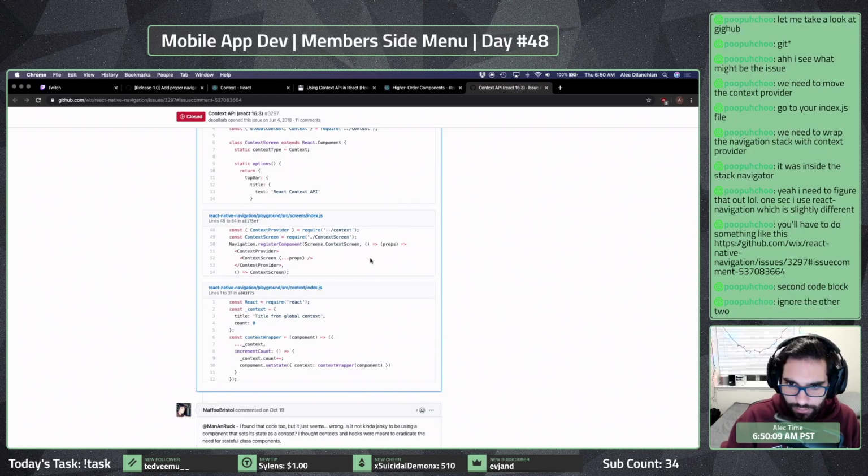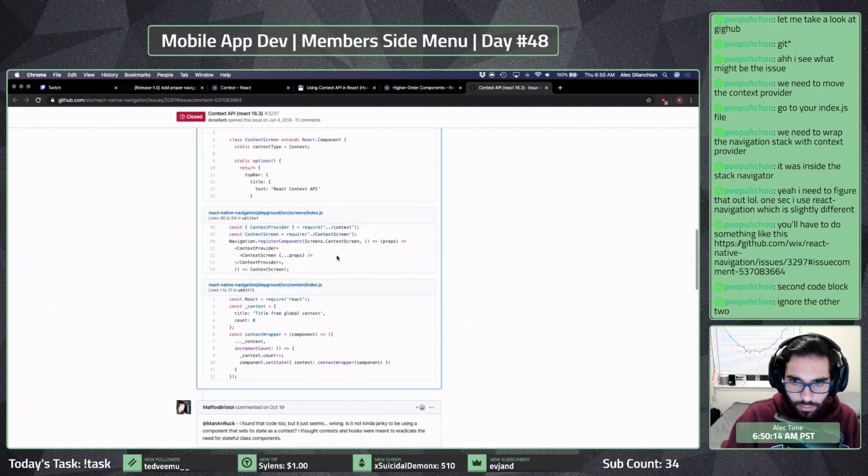Navigation.register component. Oh, I see. I see that. I think I see that.